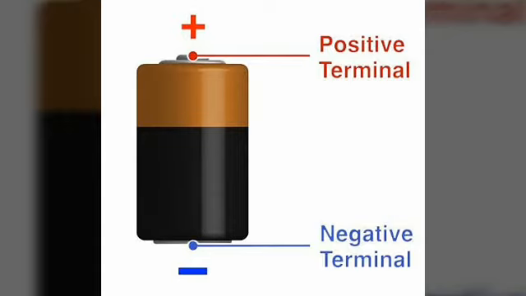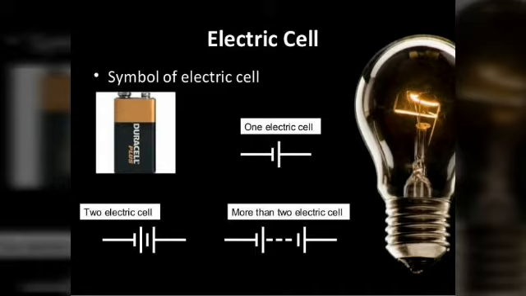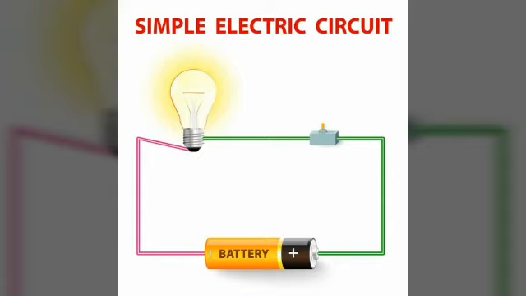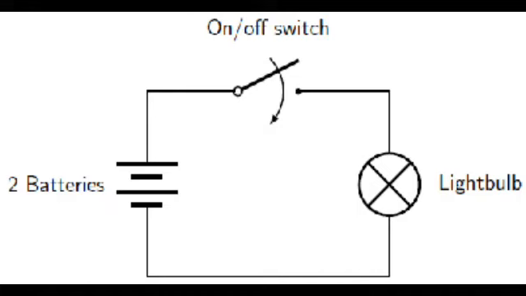What is a battery? A battery is nothing but when two or more cells are joined together, the combined unit is called a battery. Then I told you about the circuit, how the positive terminal sends current to the filament, to the bulb, and from there it goes to the negative terminal and how the bulb glows. If the circuit is okay, the bulb glows. If the circuit is broken, the bulb will not glow. So I think I explained all this to you.